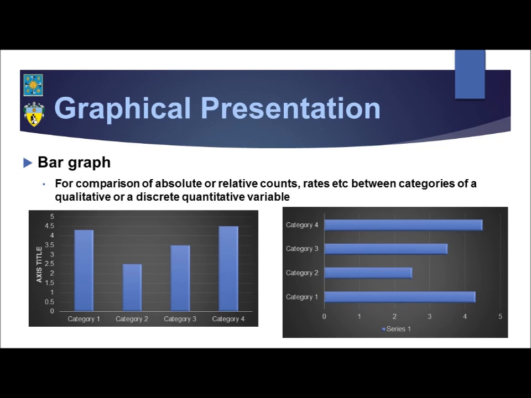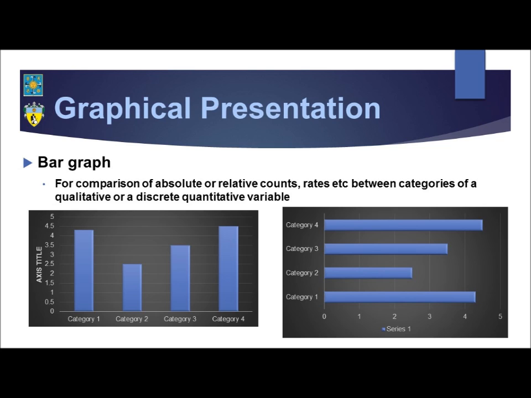Basically, your bar graph is used to portray absolute or relative frequencies, population rates, or other numerical measurements across the categories of a qualitative variable or a discrete quantitative variable. Bar graphs are especially useful for comparing data between different classifications or categories. In a bar graph, the frequencies or rates are presented by bars or rectangles whose lengths or heights are proportional to their values. Comparisons between categories or groupings are thus made on the basis of the lengths or the heights